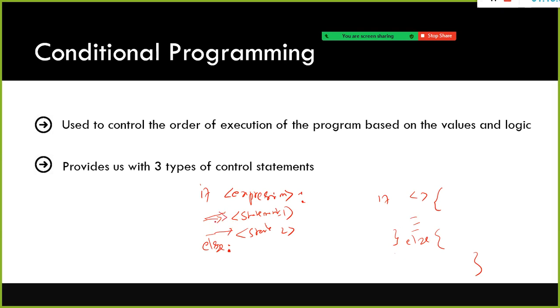Indentation is nothing but, on your keyboard, you can see something called tab, or you can press the space bar 4 times and then type statement 1. And the next line also. Instead of pressing space 4 times, press tab. And then else, the other statement. Let's say if the condition is not true, the control will automatically branch into this else block, and the statements that are part of this else block will get executed.